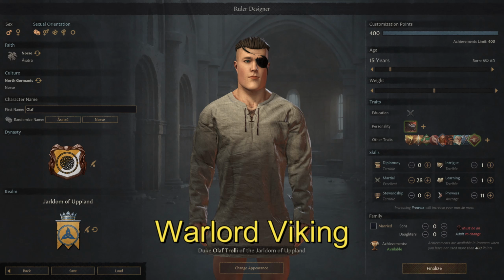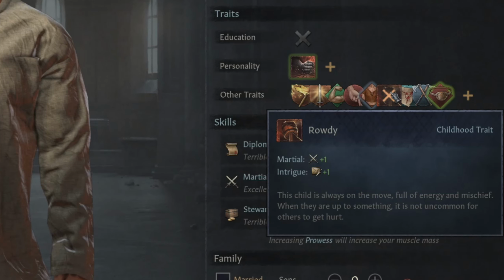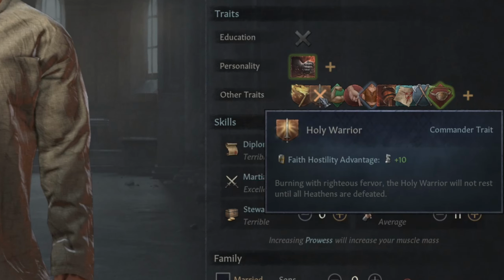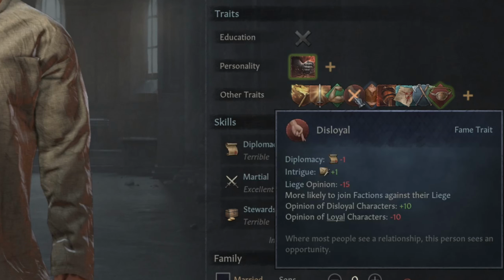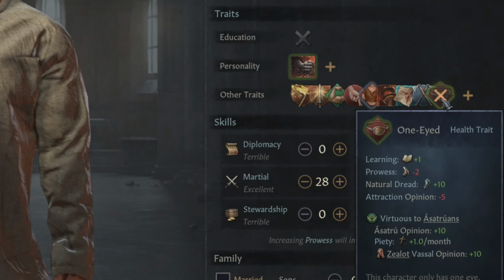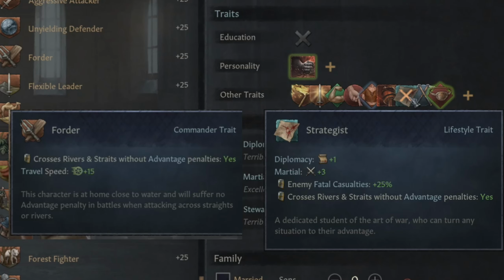If you don't want to build a genetics program, this Viking build is highly focused for a strong commander with the goal of raiding or conquering. We're 15 and we're going to go for the rowdy childhood trait to get that martial education. We're going to get Reaver for raiding, Holy Warrior for the advantage, Strong for extra life, Disloyal for free points, Giant and One-Eyed because of flavor and it helps our tribal realm, Strategist because I like the trait Forder,